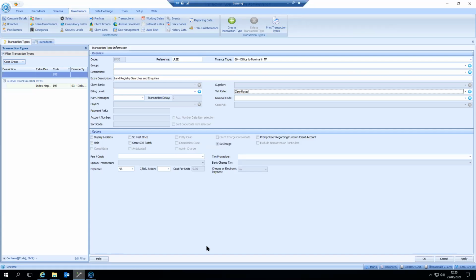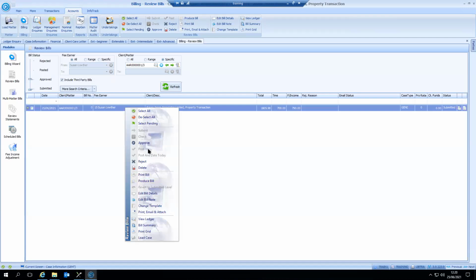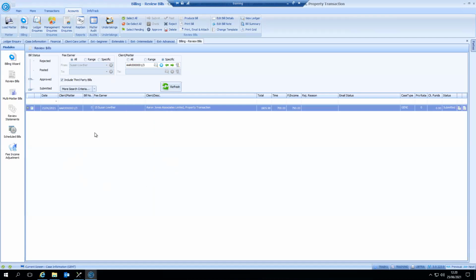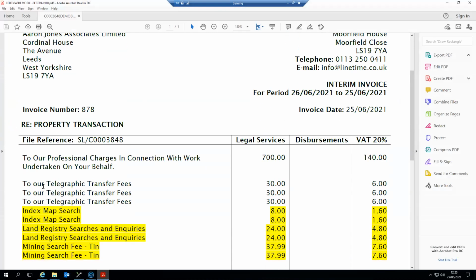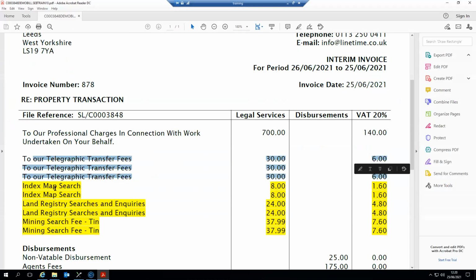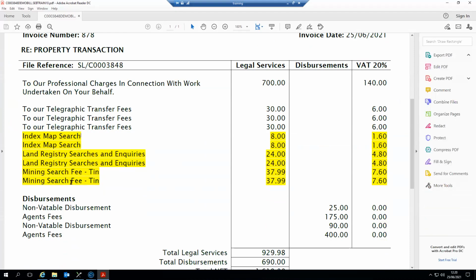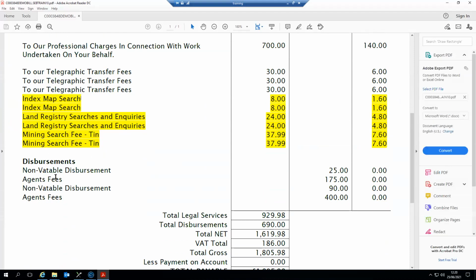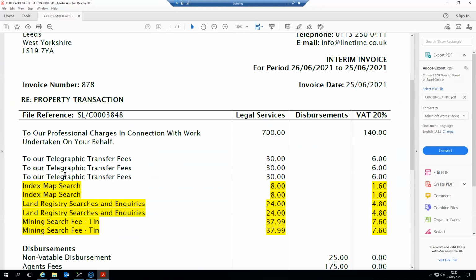Okay. Next, we'll look at grouping. So obviously, when I came on to do my bill and I merged my bill here, you may or may not have noticed, but when I produced my bill, we had several transactions of each. And so we had 3 telegraphic transfer fees, we've got 2 index map searches, we've got 2 land registry searching and inquiries, and we've got 2 mining search fees. We've also got 2 of each of the disbursements below, which will tie us nicely into